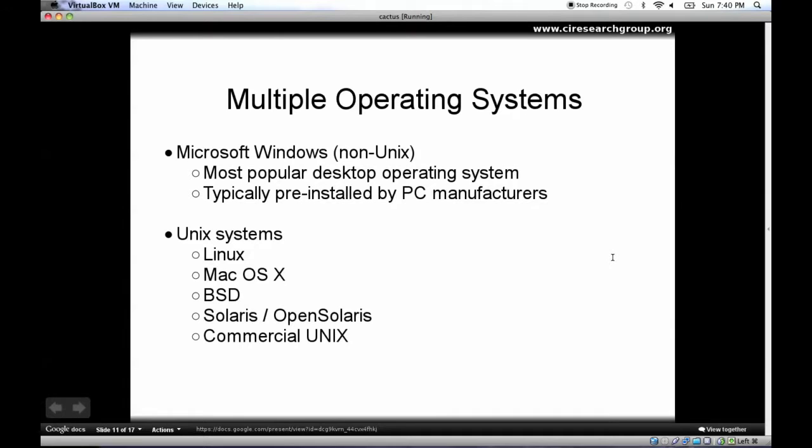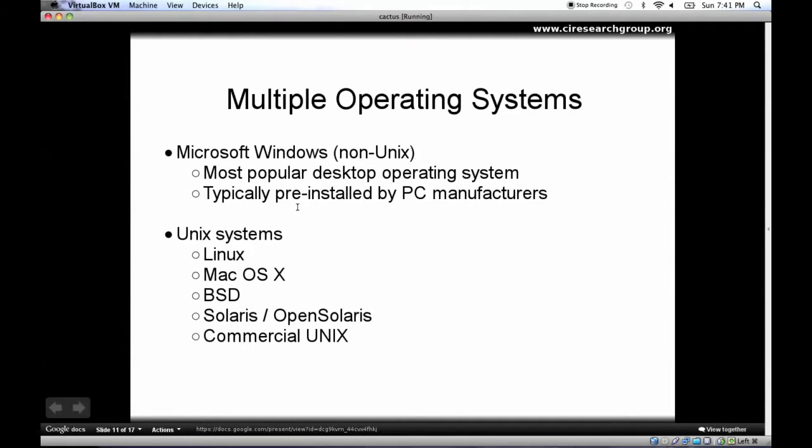Now, there are a wide variety of operating systems out there. They basically fall into two categories: Microsoft Windows, which is not Unix, and everything else, which is Unix. Microsoft Windows systems, non-Unix systems, are the most popular desktop operating systems at the moment. However, they're rapidly being eclipsed by tablet devices, most of which are running Unix-style systems.